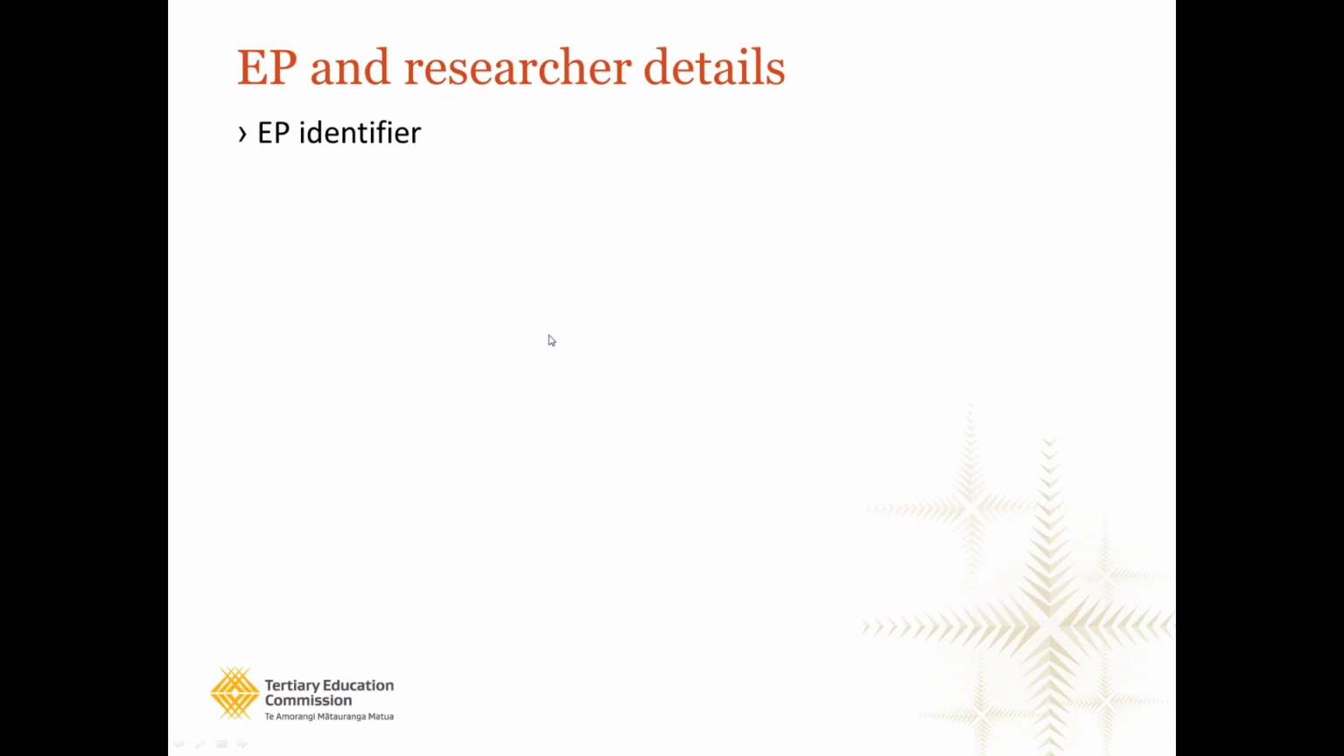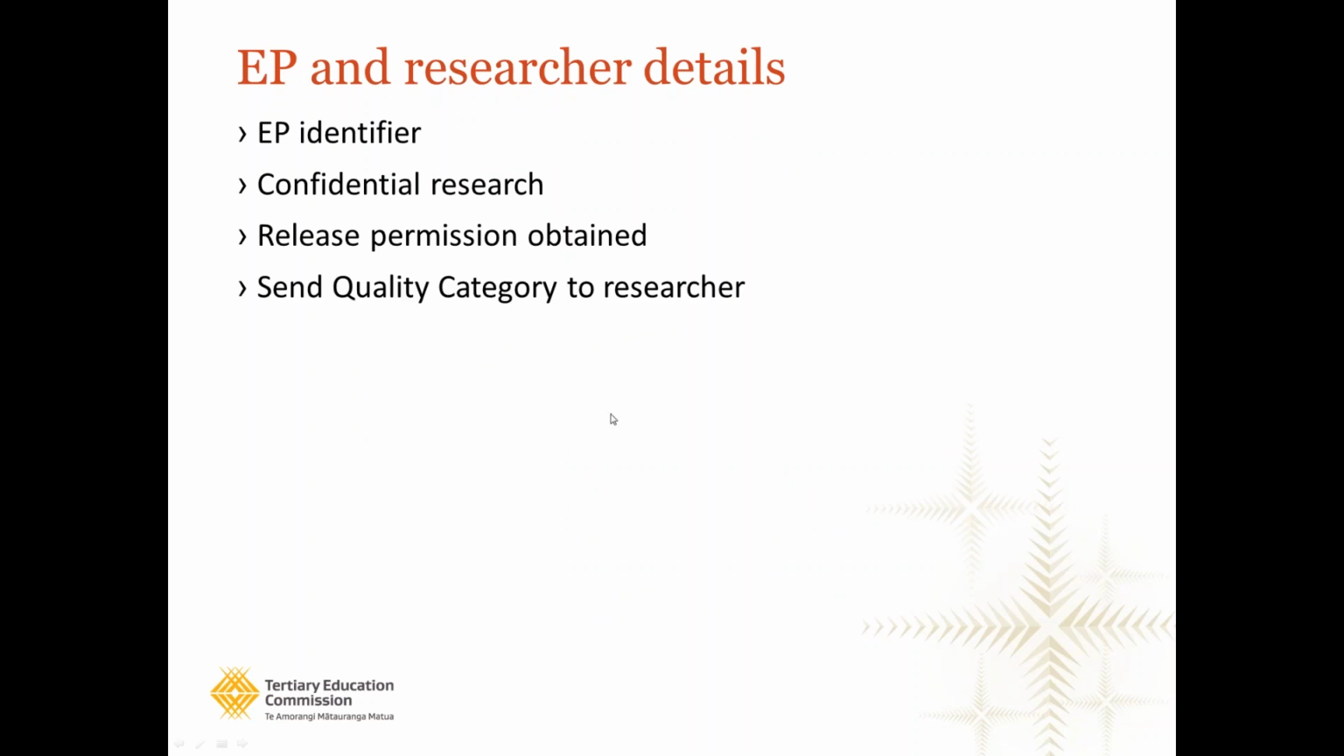So we've got the EP and the researcher details, the EP identifier, confidential research, the release permission, whether the quality category is going to the researcher, and then under that, so that's the EP details. Under the researcher details is the NSN, name, and date of birth. So in this part here,